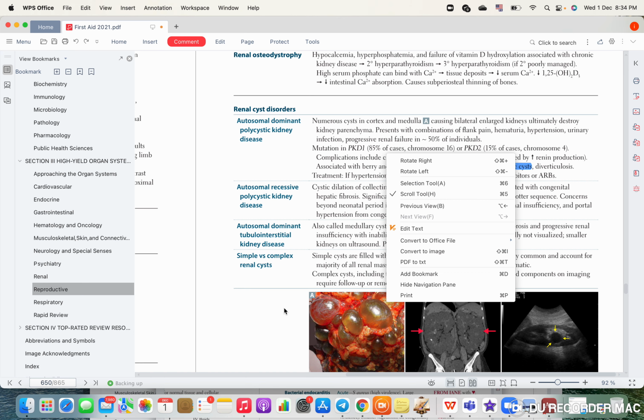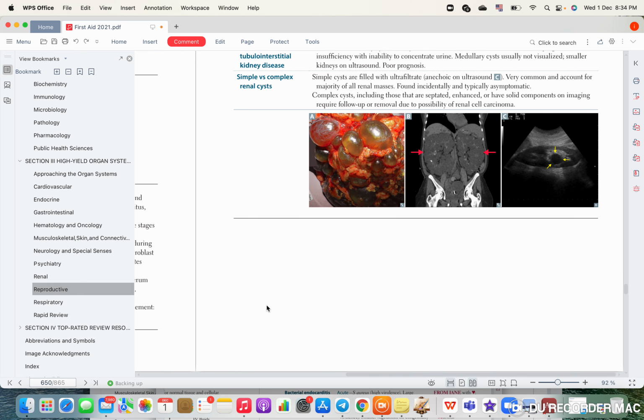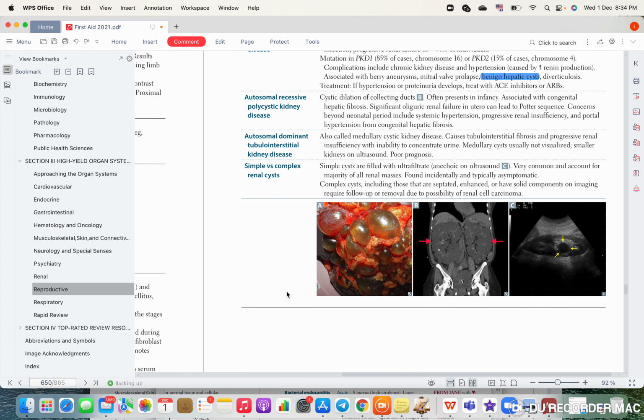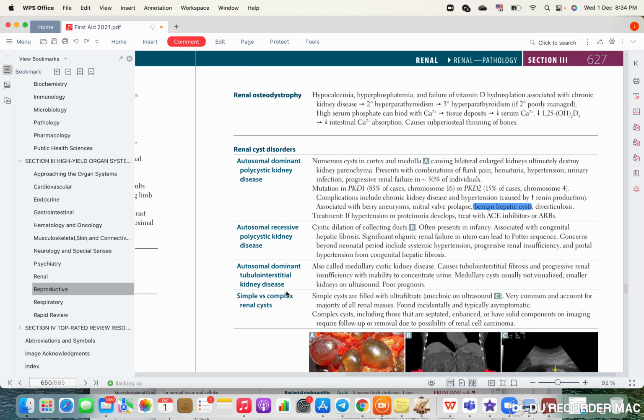So I will tell you a type of cyst, and you will tell me is it simple or complex. It has septation inside of it. It is well circumscribed. It can enhance and give color into it during CT with contrast. Okay, good. So if we speak about autosomal dominant versus autosomal recessive polycystic kidney disease, which one has the later